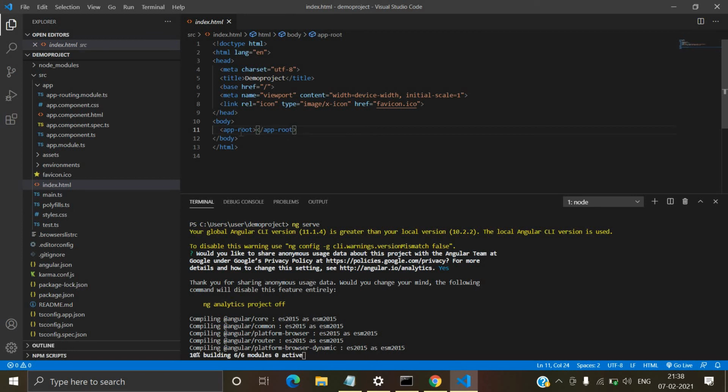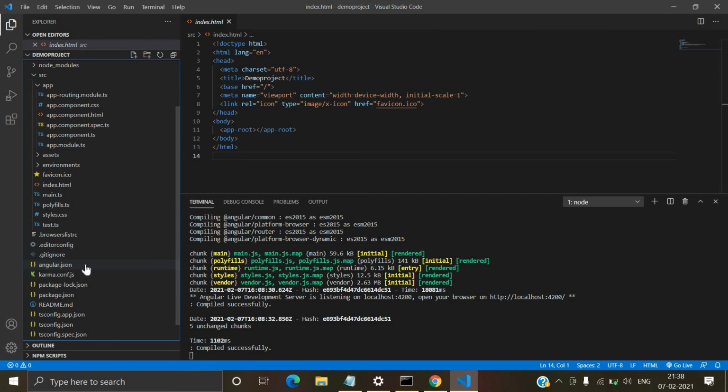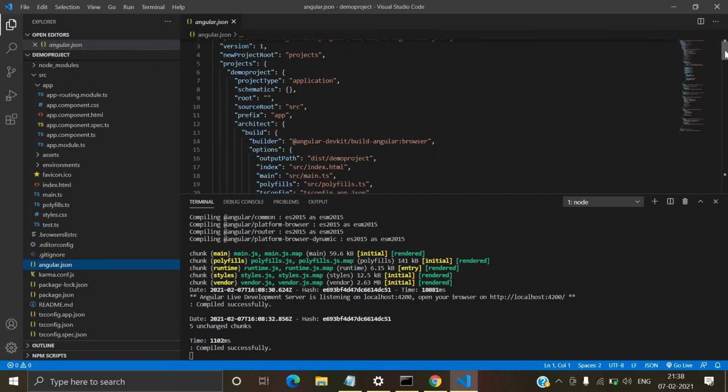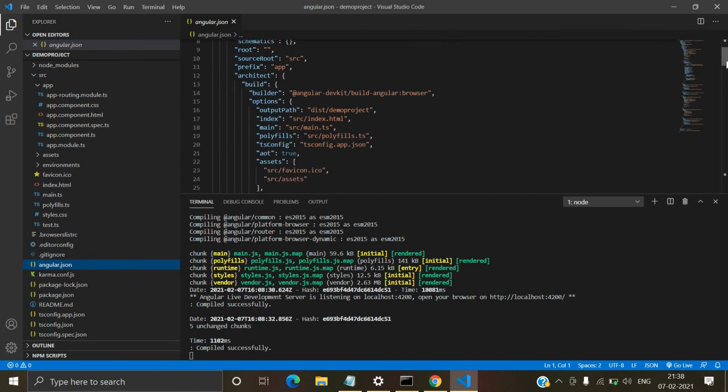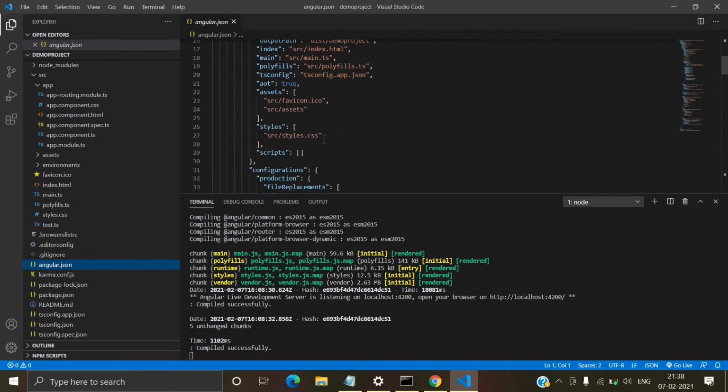The app-root tag holds all those file structures like css, html, ts, and a lot of things. And the second thing here, the angular.json file. The angular.json file has a lot of configuration, means what is your file name, and here you can see styles.css. This is a global css file.